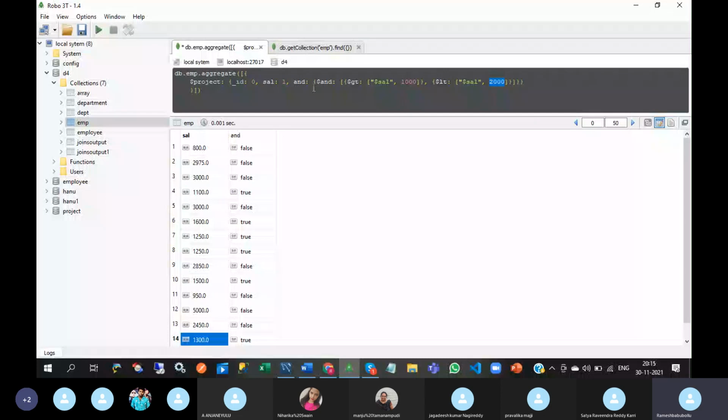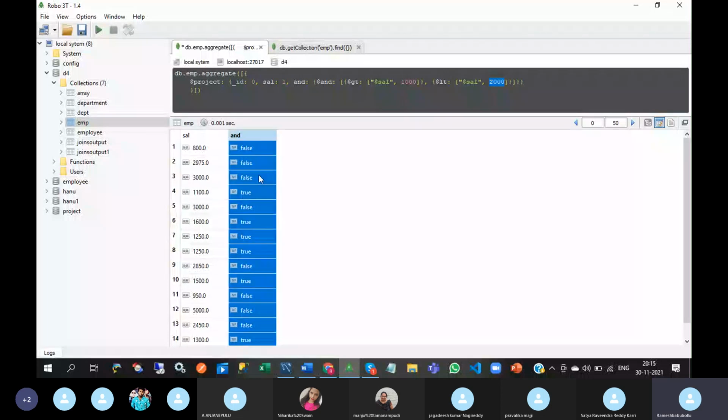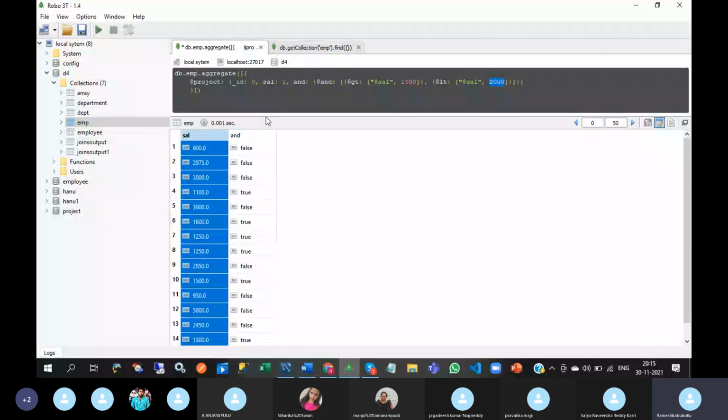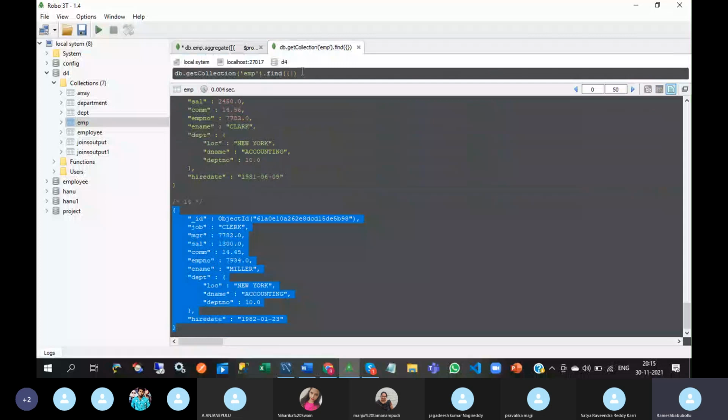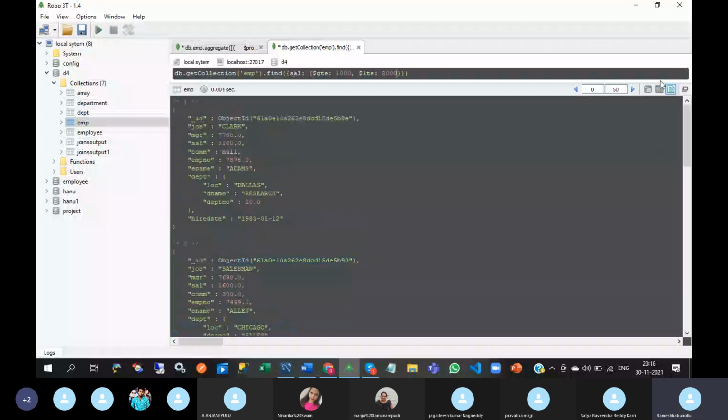In a normal AND operation, you will not get the result like this, true, false. You will get the document details. Like if you write salary greater than 1000, less than 2000, see what will happen?